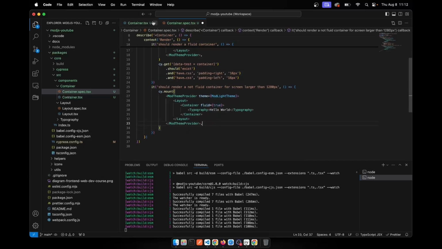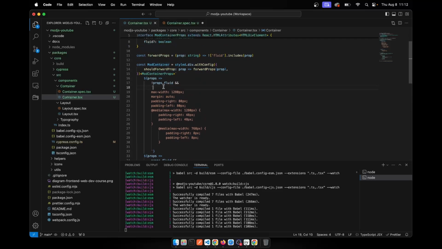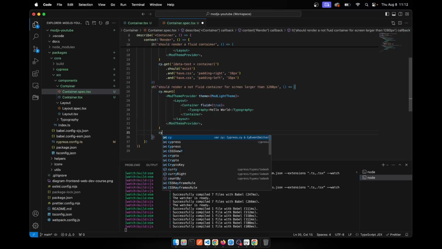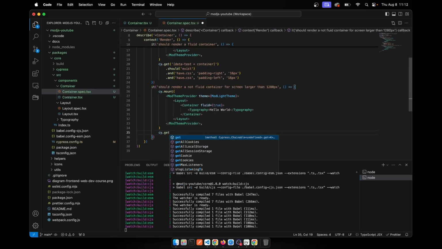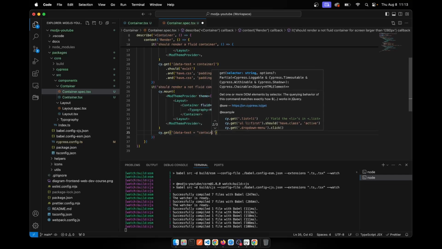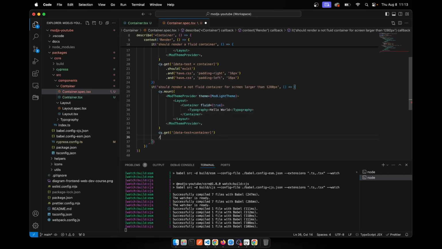And then if the user supplied fluid value is false, and for a screen size larger than 1280 pixels, we will basically check for all the CSS values here, okay? CSS properties. So let's get the data test, not data test ID. That's only data test because that's my naming convention, but data test is equals to container. Let's now wrap that in quote. I don't believe it matters even if you wrap that in a quote, but just to be consistent here throughout the code,